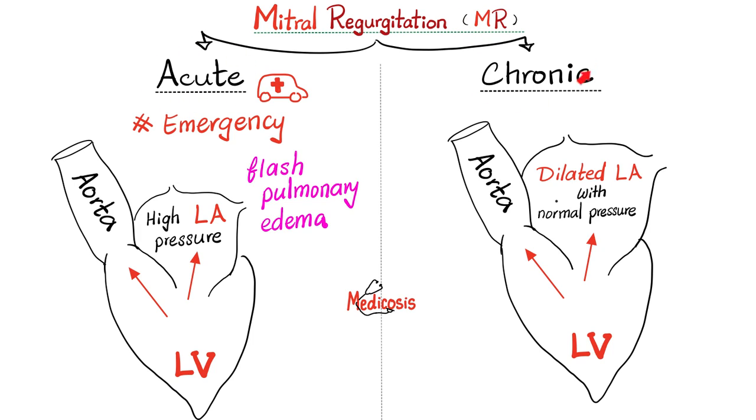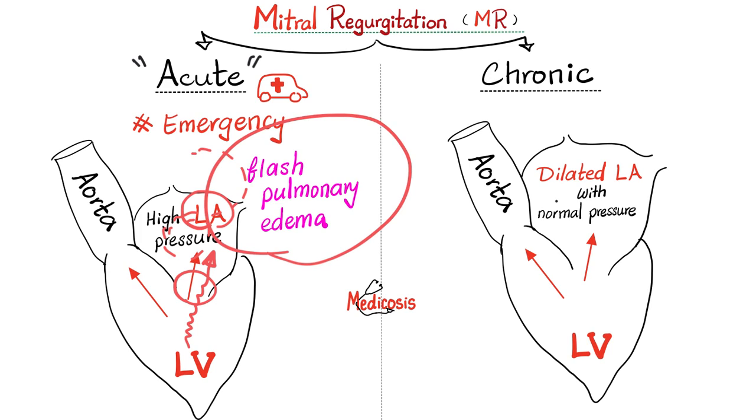Types of mitral regurgitation. There is acute and there is chronic. Acute mitral regurgitation is a medical emergency. Why is this? Because the blood is returning from the left ventricle to the left atrium with vengeance during ventricular systole. All of that blood is going to end up in the lungs with vengeance, causing flash pulmonary edema. That's not good. But in chronic mitral regurgitation, this happens slowly, allowing the left atrium enough time to dilate and adapt,